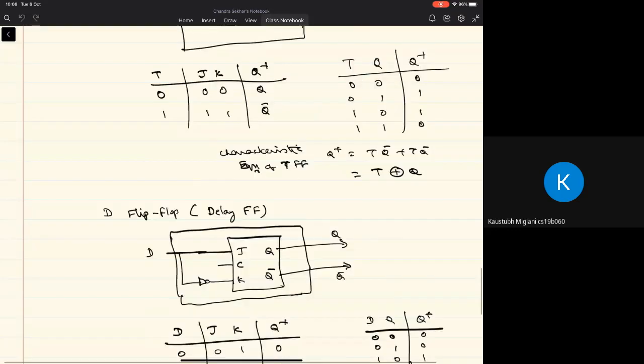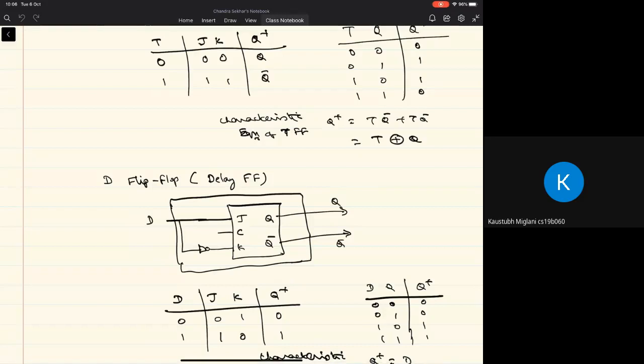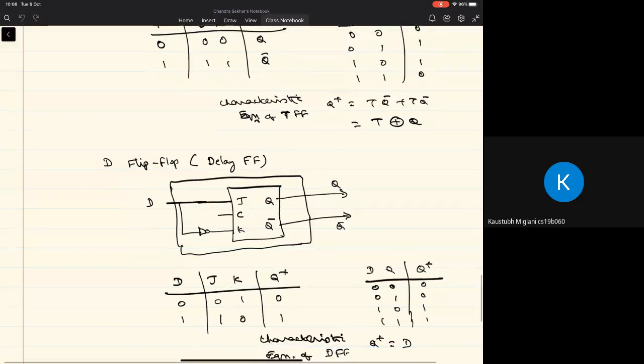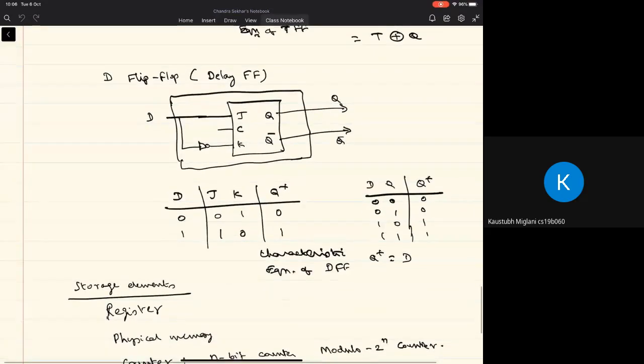Okay. And one more type of flip-flop that will be extensively used in the memory design, we'll be seeing that later, like registers and so on, is the D flip-flop, which is called the delayed flip-flop. And the operation of the delayed flip-flop is that if D equal to 0, the new state will be 0. If D equal to 1, the new state will be 1. So the current state does not matter. Everything is controlled by the input only here. And we can specify the excitation table accordingly. And the characteristic equation is going to be Q plus equal to D.